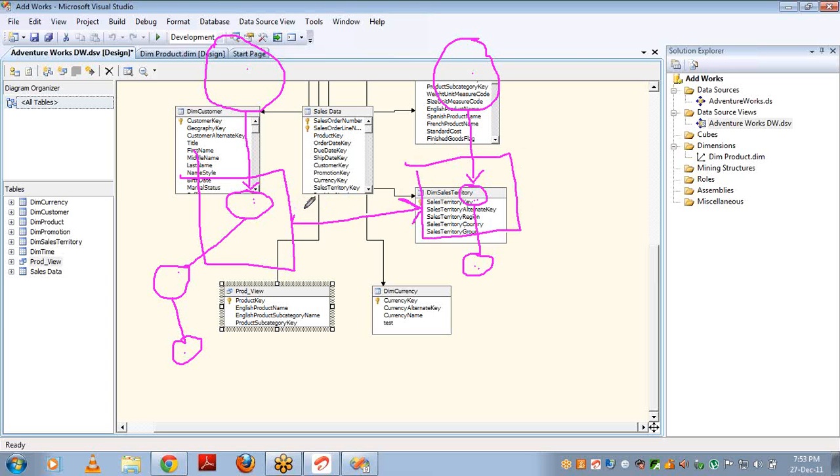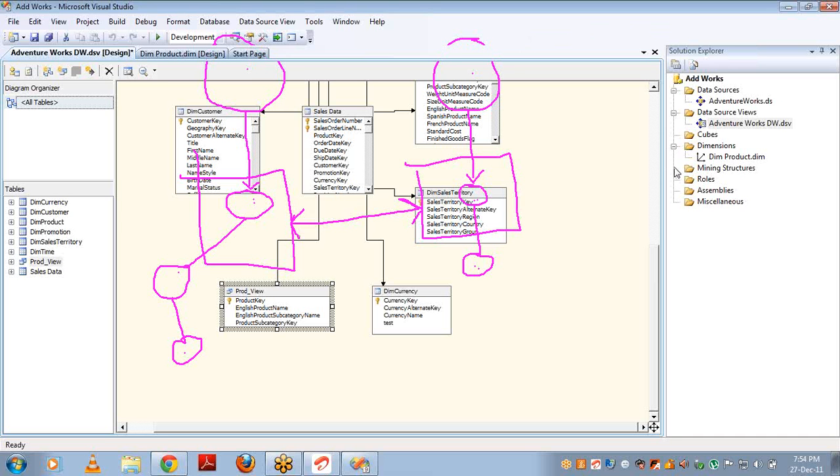It is not like you have to maintain only one dimension and one fact table as part of your cube. You can have any number of dimensions and any number of fact tables, and there should be a relationship between dimensions and facts. Again, it is not mandatory that all the dimension tables should be related to all the fact tables. A few dimension tables will be related to fact 1 and a few dimensions will be related to fact 2, and you will come to know when we discuss it. Okay,